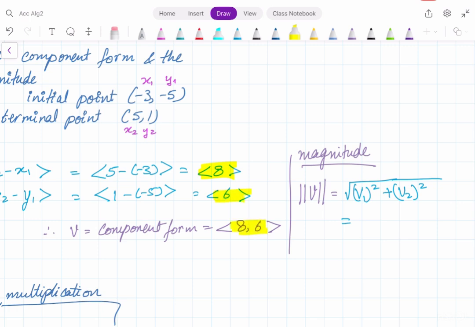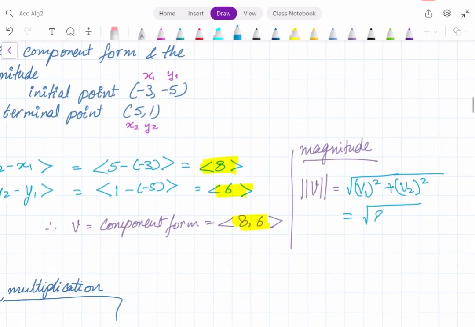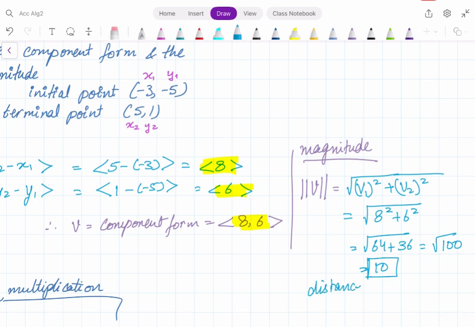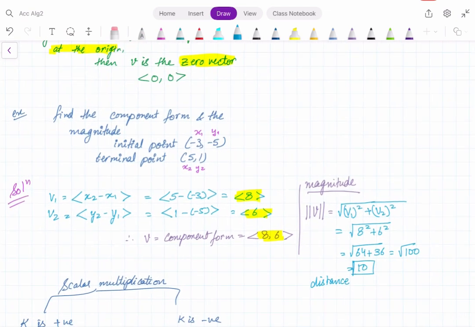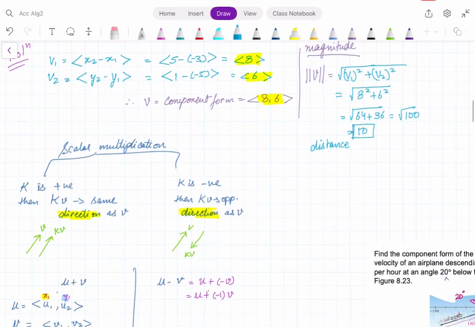So 8 squared plus 6 squared, and if you compute it, you will get the magnitude. So don't get confused with the theoretical aspect. When you apply the theory in the practical equations and the question, it is just a distance. Just remember that x comes first before y. So initial will come first, the component of the initial and the terminal, the first component will be x and